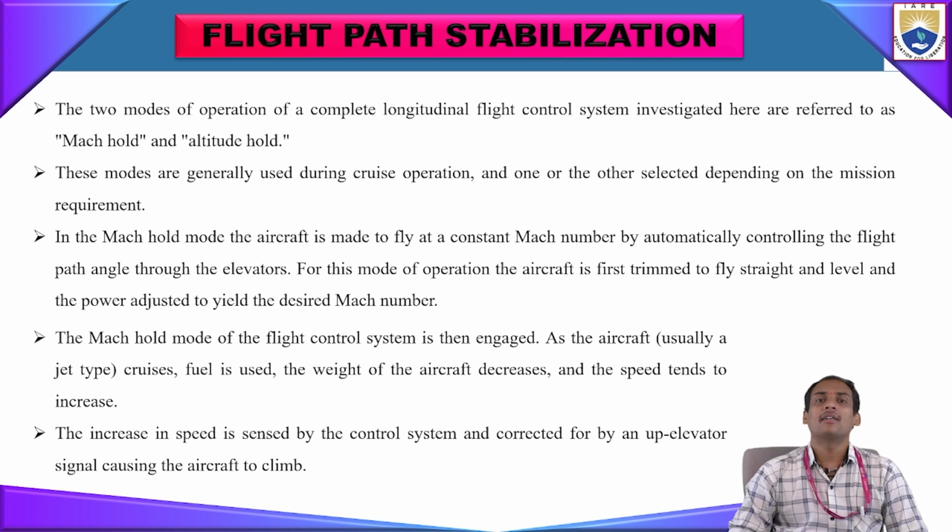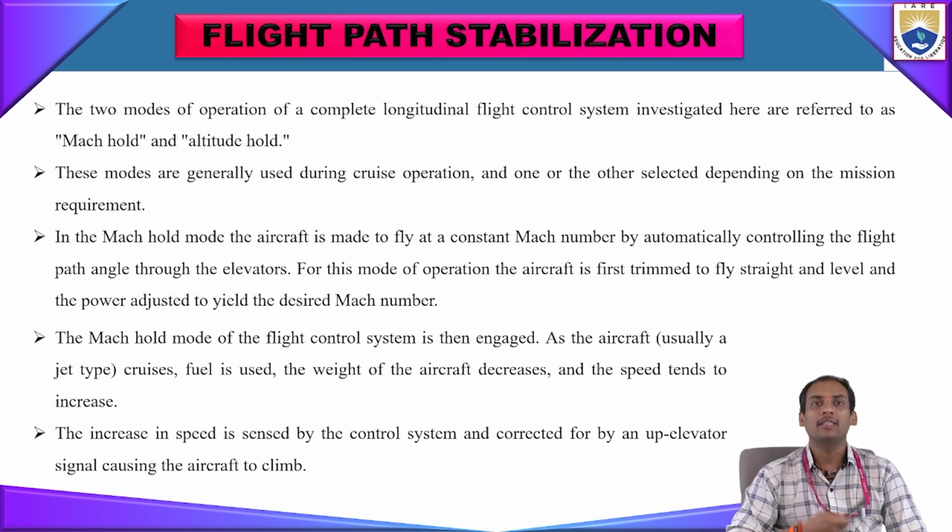There the angle of attack will mostly be zero, and with zero angle of attack and no control surface operation, that is a trimmed condition. There it will get the required velocity,